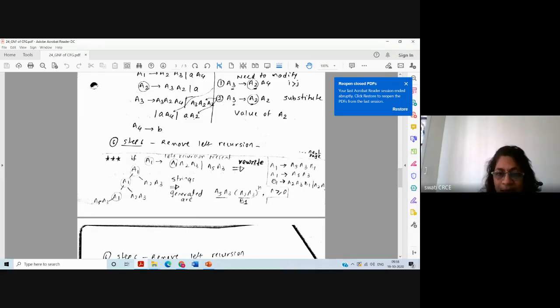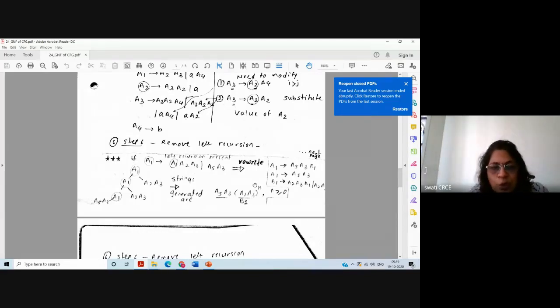So I'm converting left recursion to right recursion, and I'm representing B1 in the form of B1, but it is right recursion. So I'll say that B1 is equal to A2 A3 or A2 A3 B1. So this way the single rule, this particular rule, is rewritten. A1 had two rules. That is, we can rewrite it as these three different rules, on these three lines. Two different variables, A1 and B1. So B1 is introduced in that case.